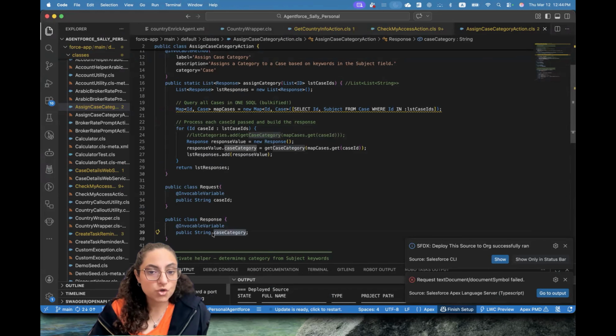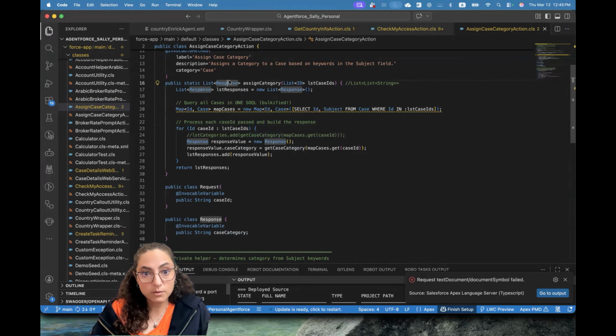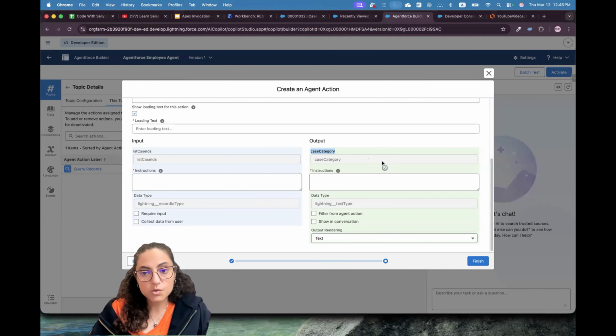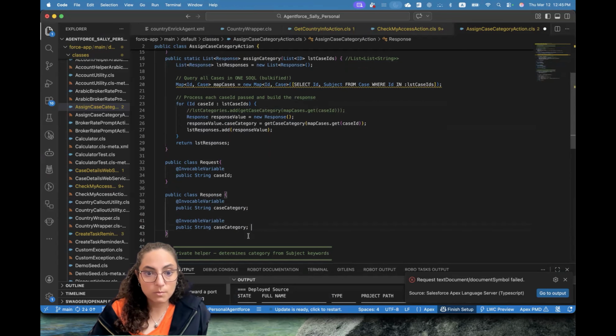So I have a case category as an invocable variable as a property for this wrapper. So it shows case category. In the past, we had the return as a list of string, so it was showing output, which is a bit confusing if someone is working with the UI. Also, the benefit of having a wrapper, and that's something we explained when we were doing the invocable methods,